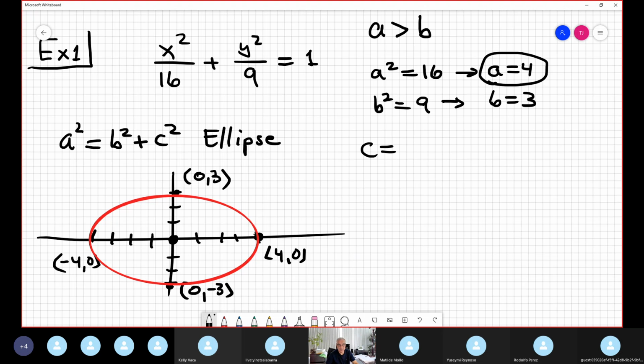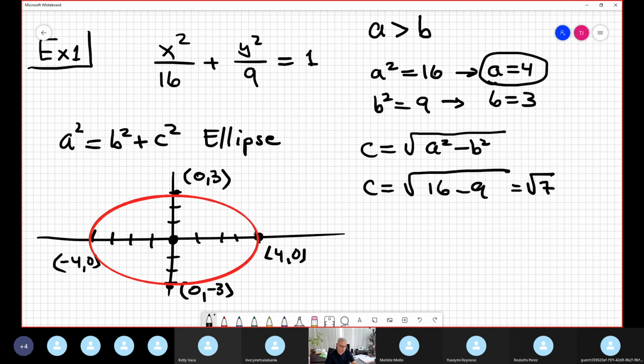So C is equal to the square root of A squared minus B squared. That formula is solved for C: moving back to the other side, subtraction, square root of both sides. C is equal to the square root of A squared, which is 16, minus B squared, which is 9, is radical 7. Okay, it's an irrational number, no problem. You put a decimal approximation